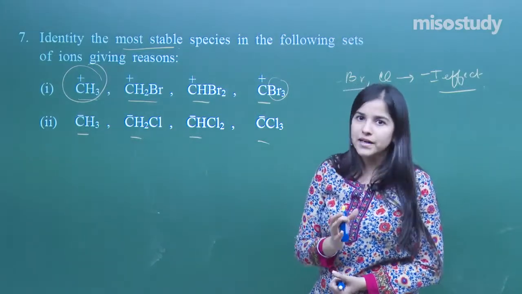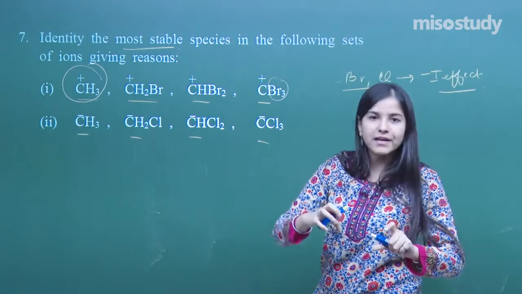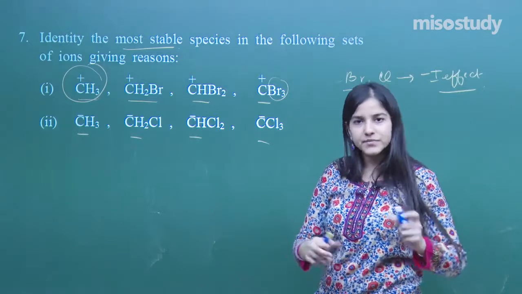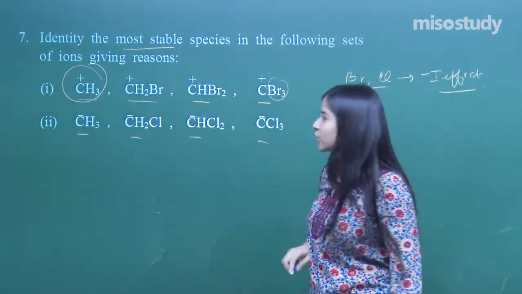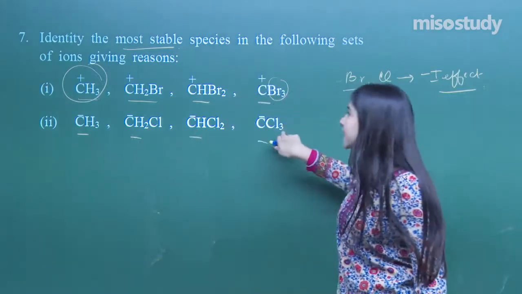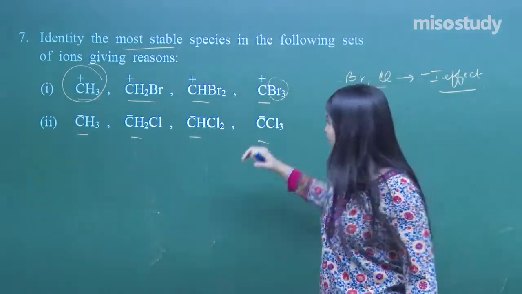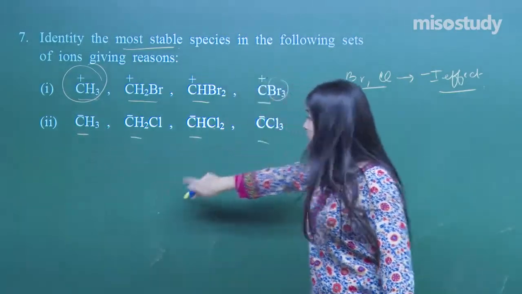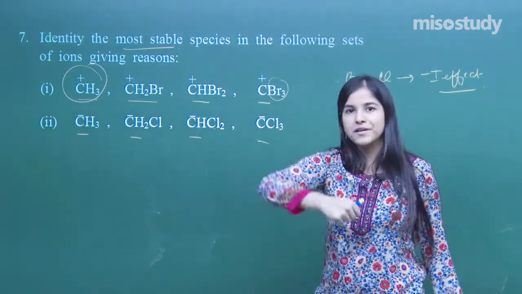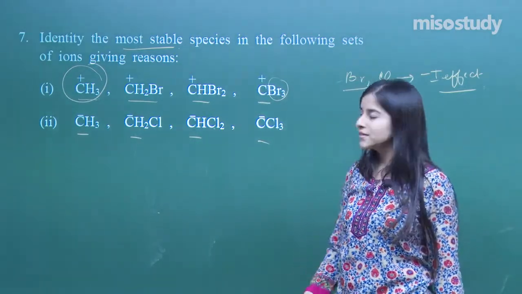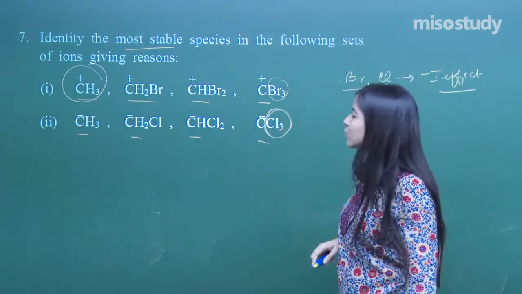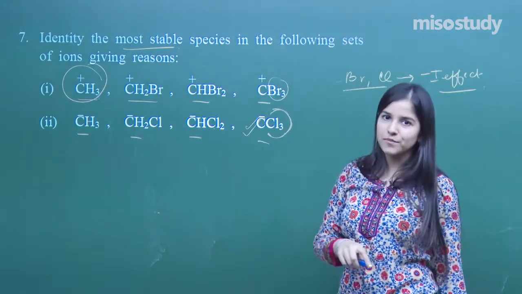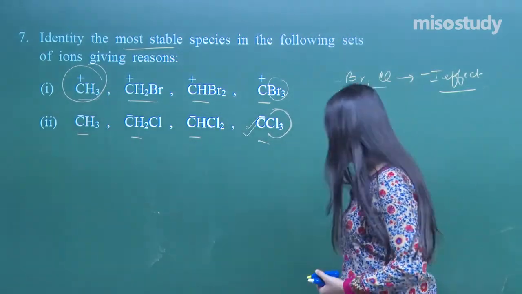In fact, we have to neutralize it. If I've got a positive charge, I need to neutralize it in such a manner that it should have electrons given to it and it gets neutral. So that is what the concept is. If I talk about the next one, all of the carbons are given negative charges. I should have an attracting group. I have got so many attracting groups, but not in this case. So this is the least stable over here. So what I need is a species which will be attracting these negative charges, making it neutral. So the more the number of minus I effects, the more stable will be the species, yes? And thereby, this particular species is the most stable out of the 4. Clear? So let's move on further.